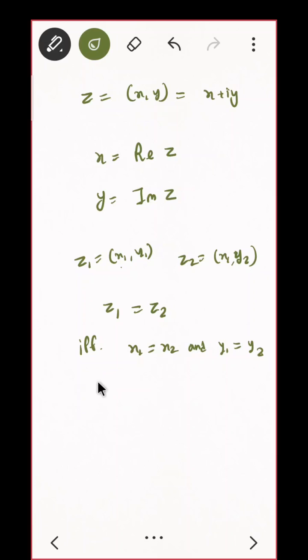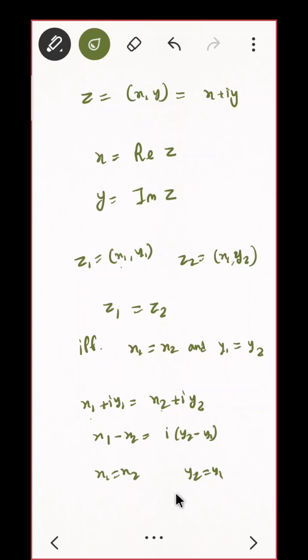Or if you don't like this, then you can write it like this: x1 plus i y1 is the same as x2 plus i y2. Correct? So real part must be the same as real part, or you can take real parts together and imaginary parts together and compare them. You can do it like this also: x1 minus x2 is equal to i times (y2 minus y1). So here it is imaginary part, here it is not, so x1 must be the same as x2 and y2 must be the same as y1. Okay,